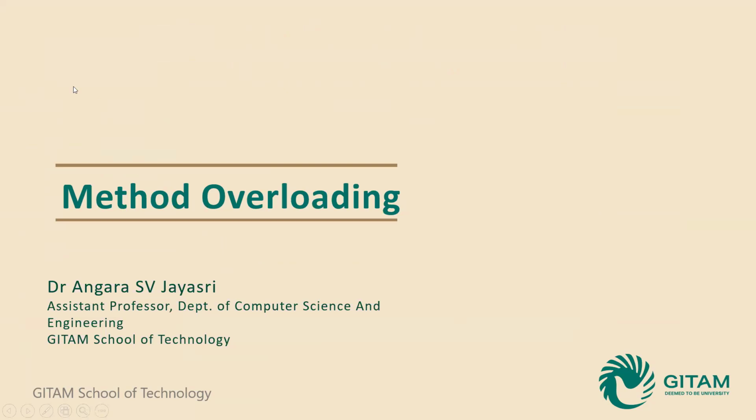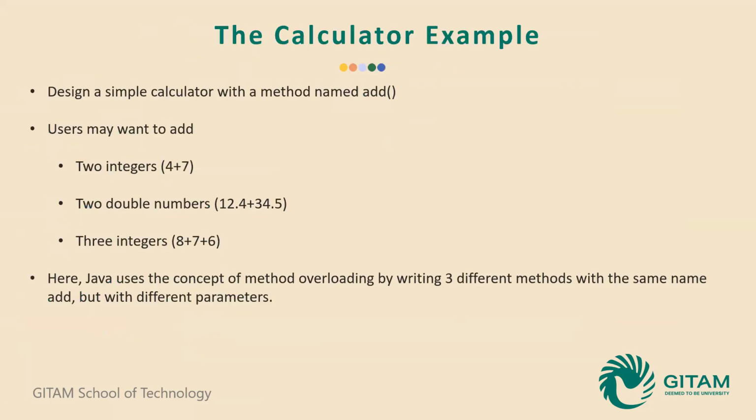Let us see how method overloading works here. Simple calculator example. We need to design a calculator with a method named add, with two integers, adding two double numbers, adding three integers. Java uses the concept of method overloading by writing three different methods with the same name add but with different